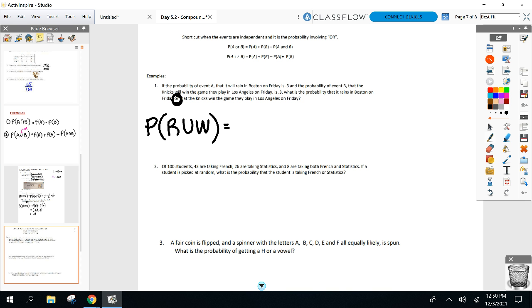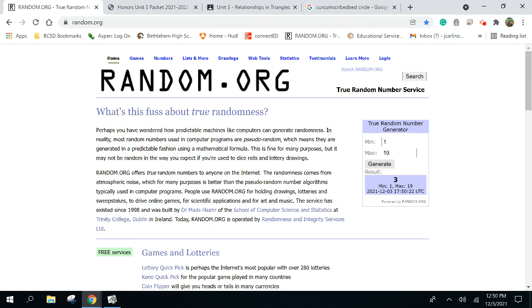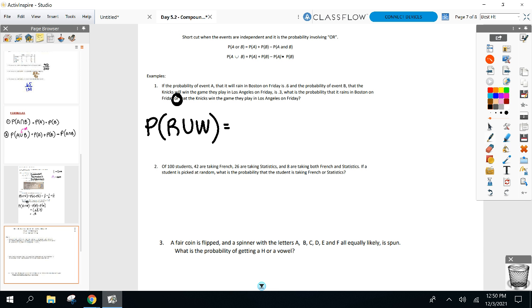How am I going to find this using your new or formula now in my letters? Probability of R, and then plus, good, because it's or, plus probability of winning. Yep. Minus, and then we have to subtract